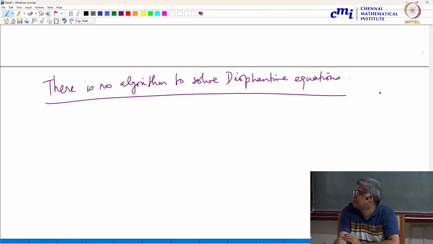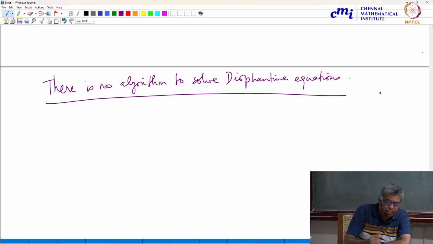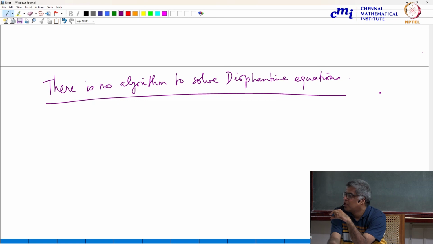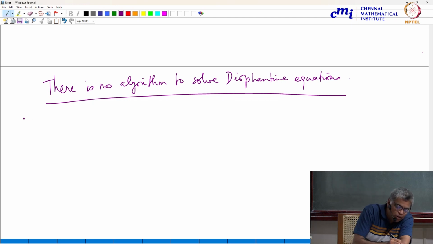Suppose there is an algorithm. What will this algorithm do? You give it any polynomial equation, and it will tell you whether there is a solution or not, right? In particular, if there is such an algorithm,